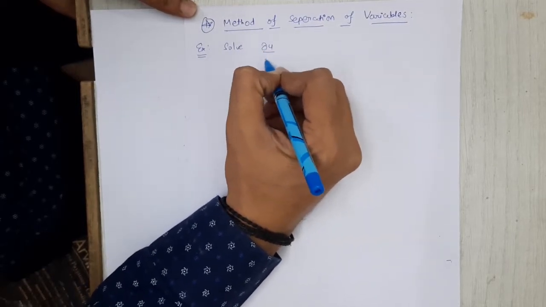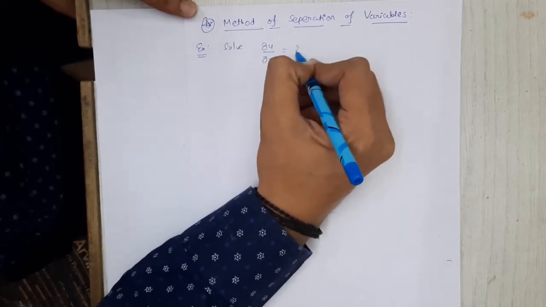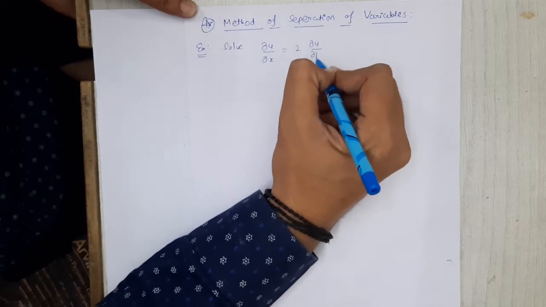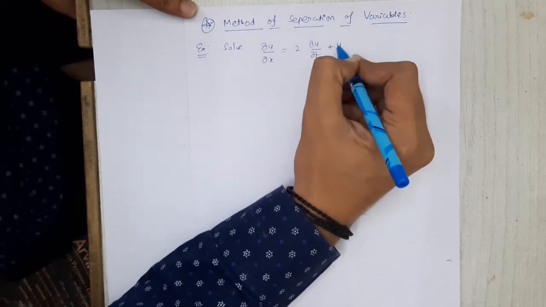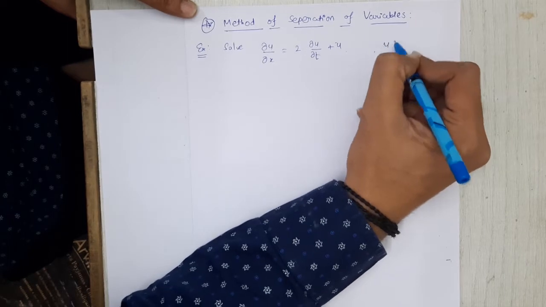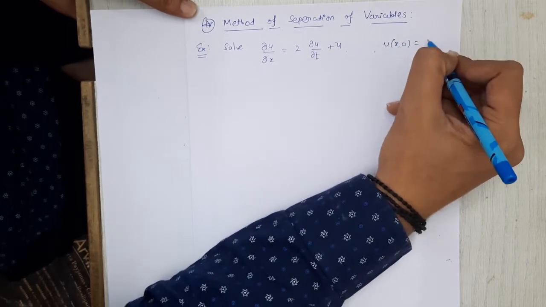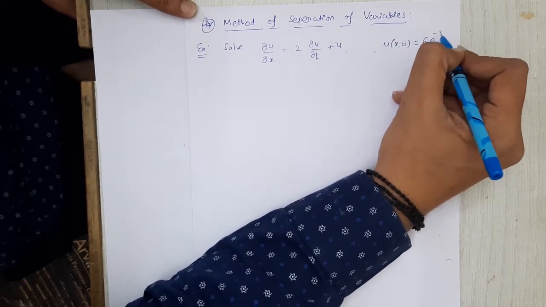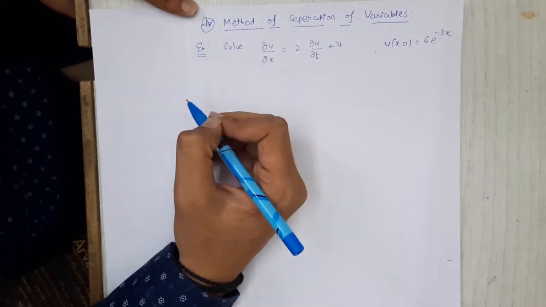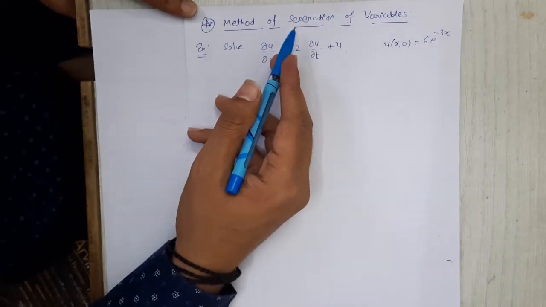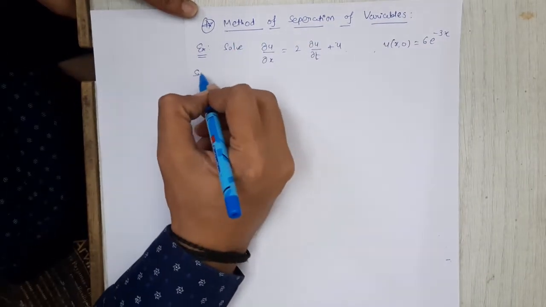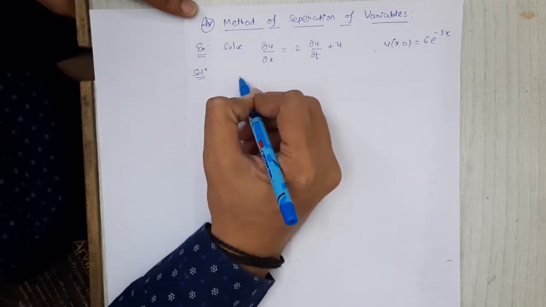this PDE with this condition, that is u of x, 0 is equal to 6 e raised to minus 3x, using this method of separation of variables. So let us start with the assumption that